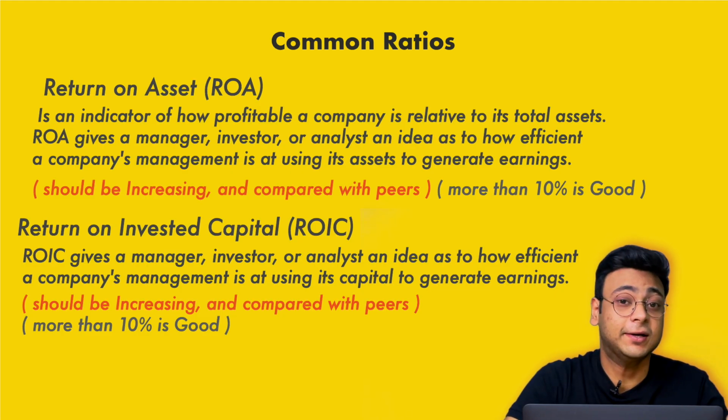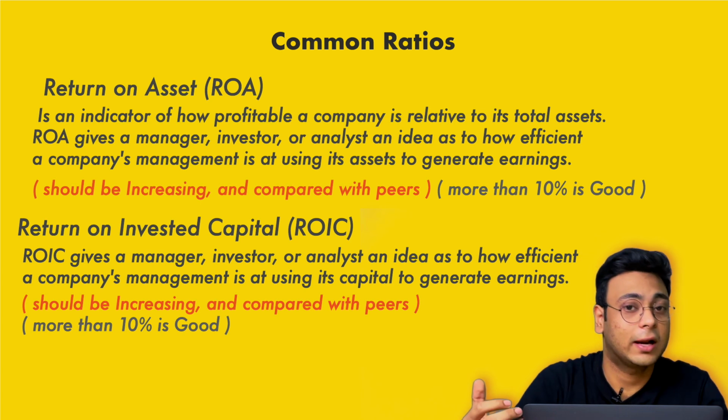Now let's talk about a few common ratios, and then I'll show you how these ratios are calculated. You can see them on moneycontrol.com's ratio section, or even on Screener in some ratio section, but we have an Excel sheet. I'll show you how all these ratios work and what is the meaning of all these ratios, because common ratios are certain ratios which are used by analysts all over the world. Hence, they play a big role. So if we can read the common ratios as well, then it gives us a superior advantage over analyzing a stock. So the first ratio is return on asset.